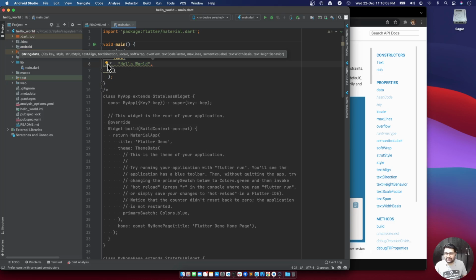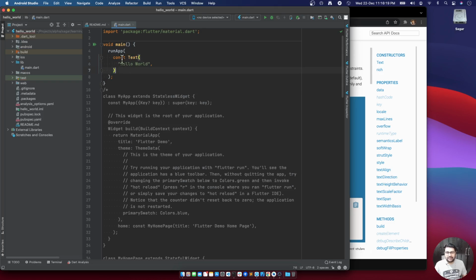Let's click on this bulb and it says add a const modifier. For the widgets which are basically stateless, Flutter, or say Dart, recommends to prefix it with the const keyword. Okay, now that we have added it,